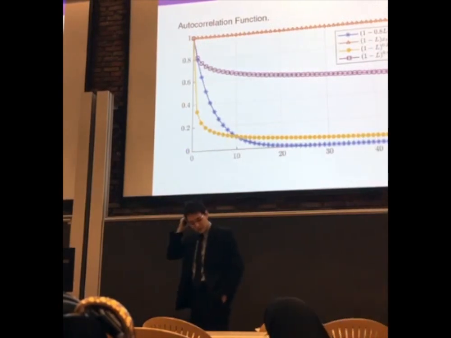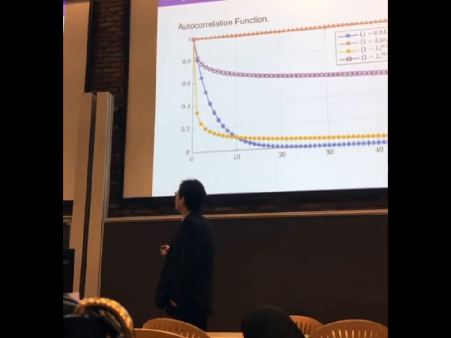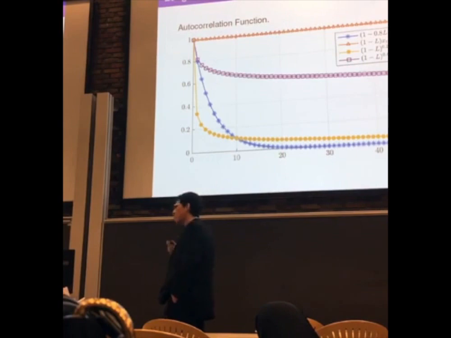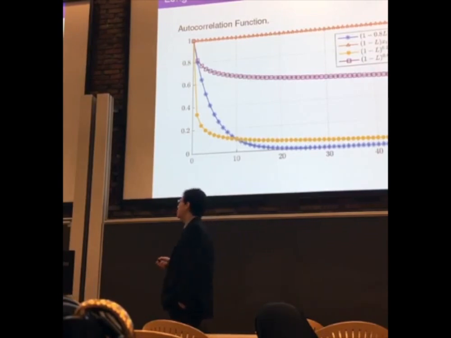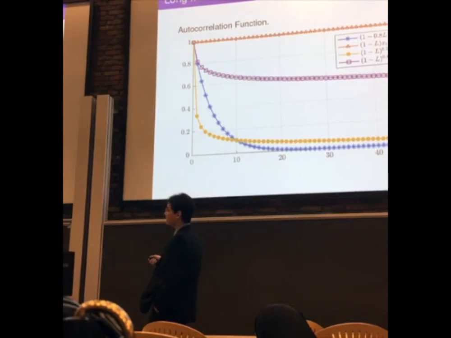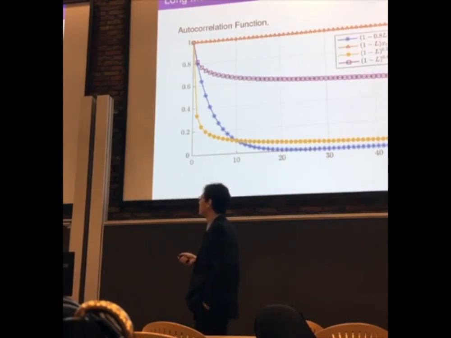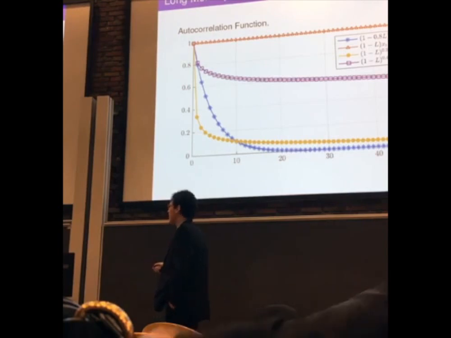As I told you, I want to briefly explain what we mean by this hyperbolic decay. First, we start with the blue and the red line. This is the correlation function. One way to think about this function is how many periods it takes a shock to dissipate in time. Before, we had the standard AR(1) process, that's the blue one. As you can see here, the persistence is 0.8, which is quite persistent for I(0) processes. And still, after 20 lags, 20 periods, the shock has pretty much disappeared.